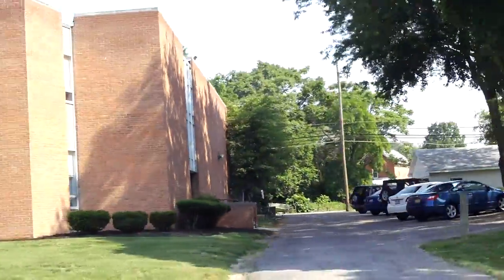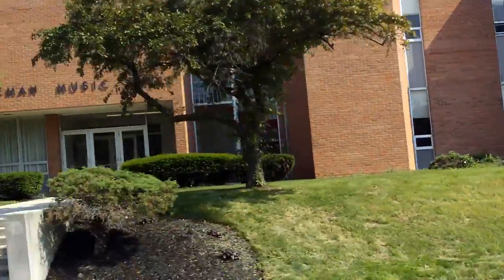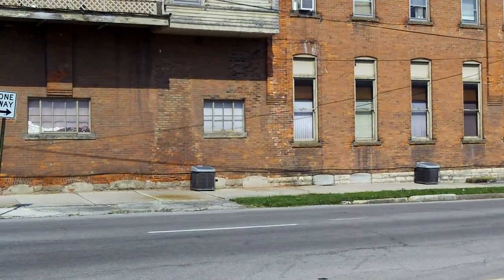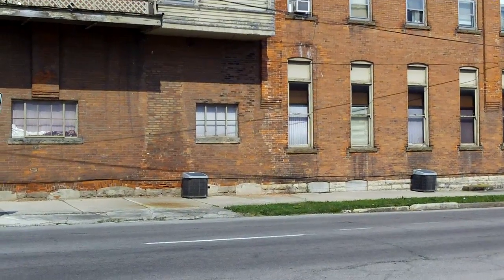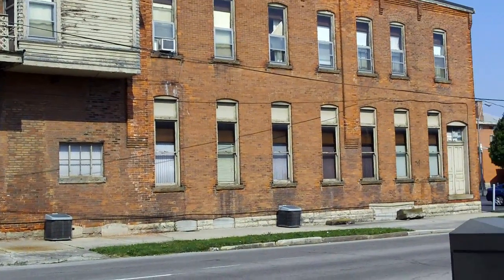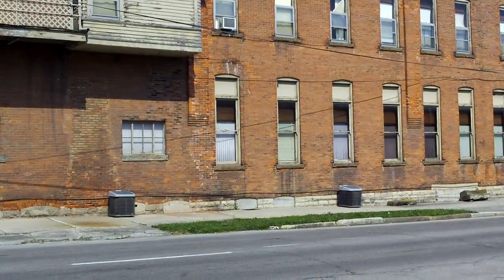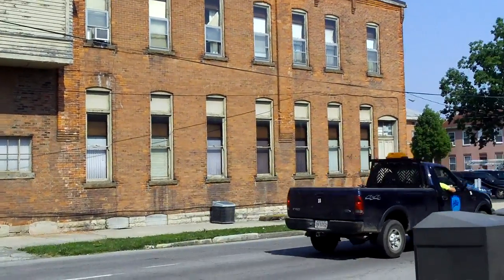This is the close-up of the music hall where most students at Heidelberg go to that building. This is 37 Court Street. This downstairs office was where my grandfather had his general practice. And right now, we're going to go by